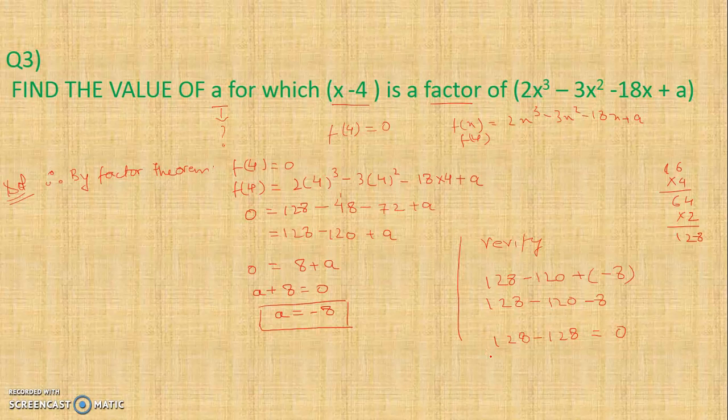On substituting the value of a, it is getting equal to 0, and that is what is given in the question. x minus 4 is a factor. This means when you substitute 4, you will get 0. But the question is not saying you have to check for this. The question is saying you have to find the value of a. So in this way, we will get the value of a. I hope, students, you have followed. So in this way, you will complete the questions, and repeat these questions again in your fair registers. So study well and all the best.